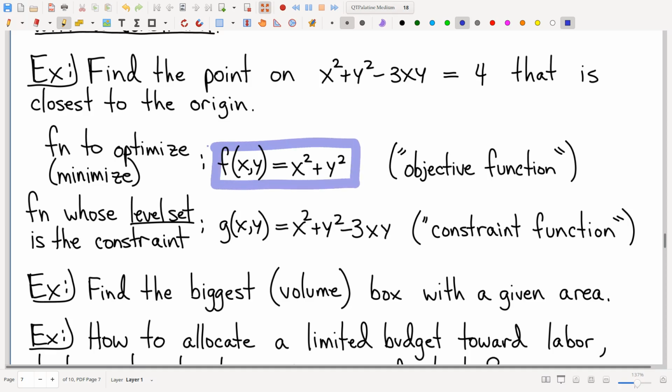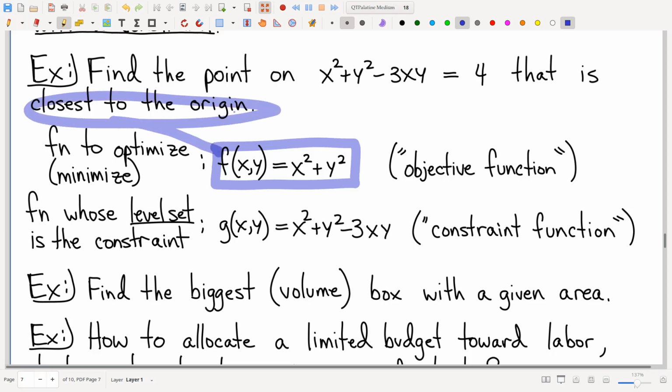This is distance squared to the origin. Real quick observation, if you want to minimize distance, you're also minimizing the square of the distance. A little geometric, right? A little freebie. Easier to work without the square roots. So this is what we want to optimize,